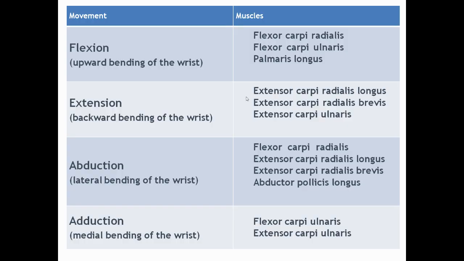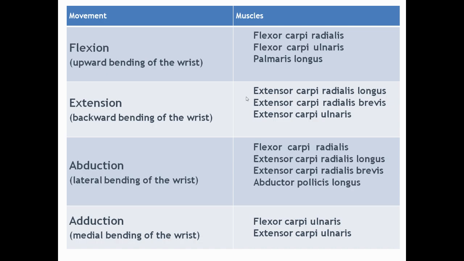What movements can occur at the wrist? The first is flexion. The muscles involved in flexion are flexor carpi radialis, flexor carpi ulnaris, and palmaris longus. For the movement of extension, the muscles involved are extensor carpi radialis longus and extensor carpi radialis brevis,